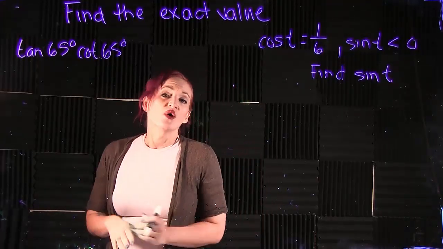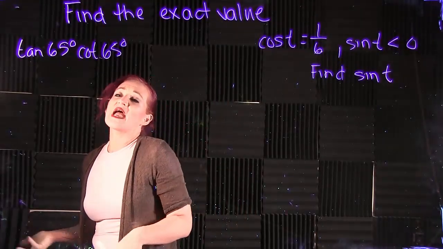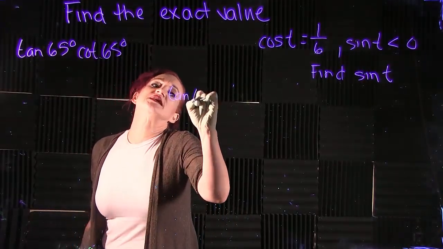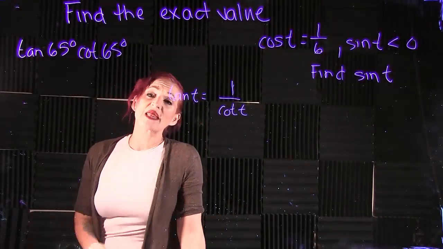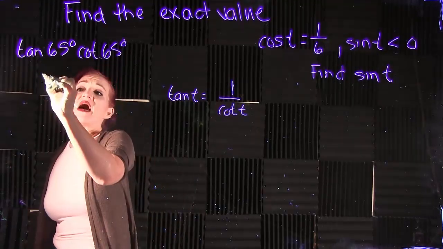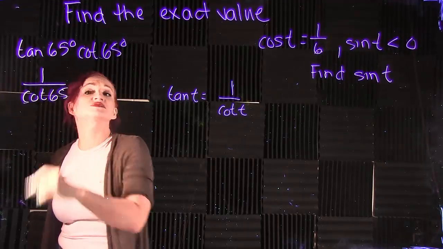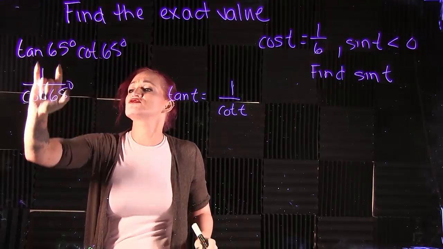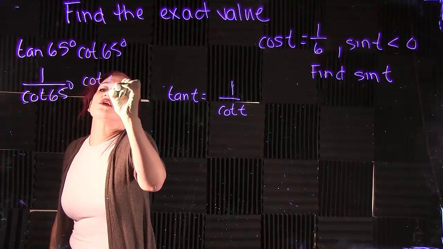Now, one of the ways that we can use our identities to help us in this is that tangent and cotangent are reciprocals of each other, right? So tangent t is equal to 1 over cotangent t. So I can actually use that to help me here. That would mean that tangent of 65 is the same thing as 1 over cotangent of 65 by this property. So this tangent here drops down to the 1 over cotangent, and we are multiplying that by cotangent of 65